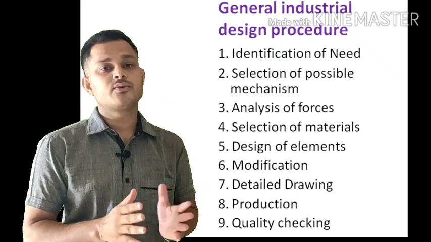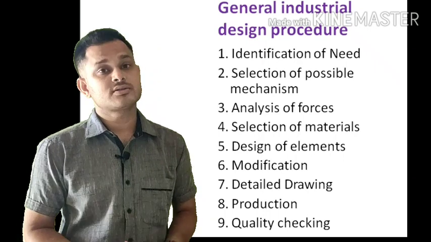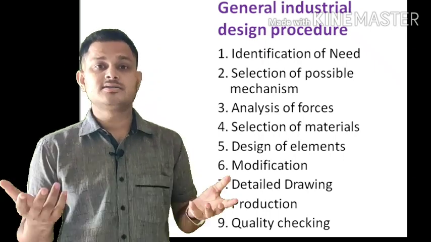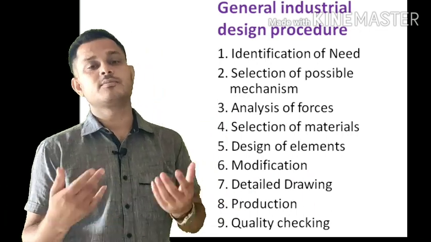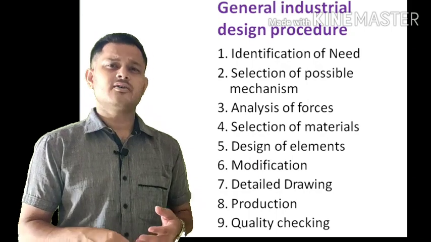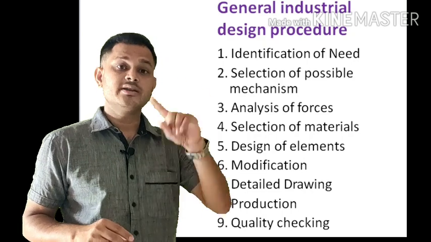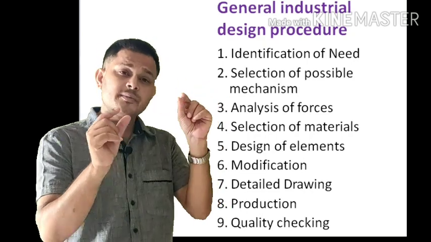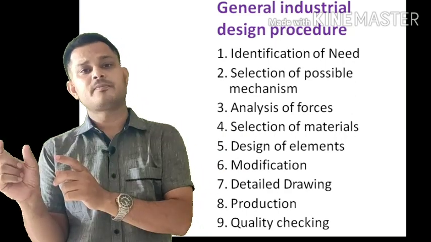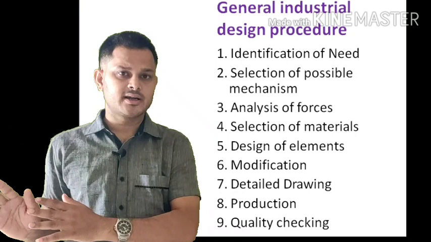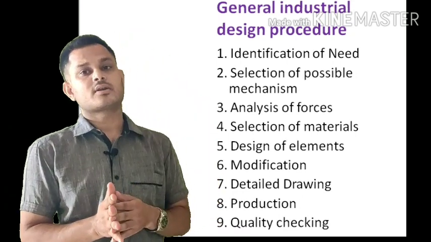Since we know the forces acting on the mechanism and the solution we have decided, we then go for selection of material. What are the materials that we need to apply for this product? When the materials are decided, we go for design of individual elements. In the earlier stage also we have discussed that different pieces are designed and specified in advance. So different elements, different components are designed separately, and separate drawings are drawn for the different elements.